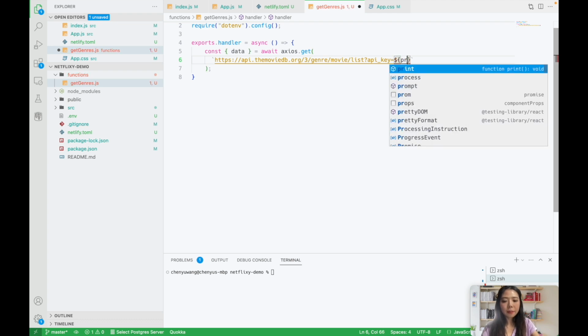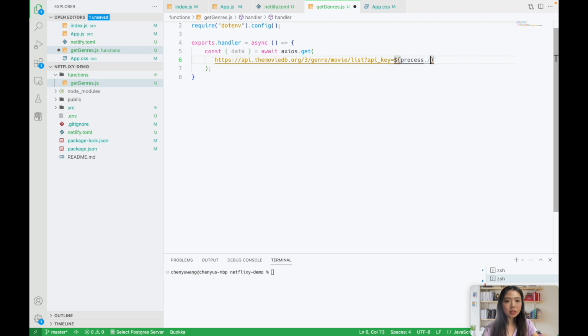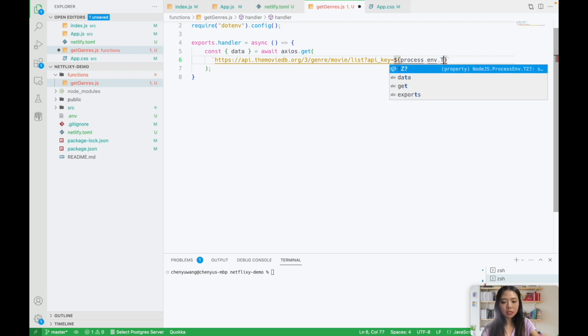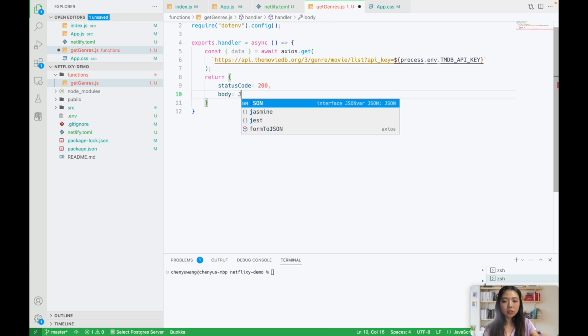We're going to get it from our env file, process.env, what do we call it, TMDB API key. All right. After we get the data, we're going to return a status code with 200 and a body with